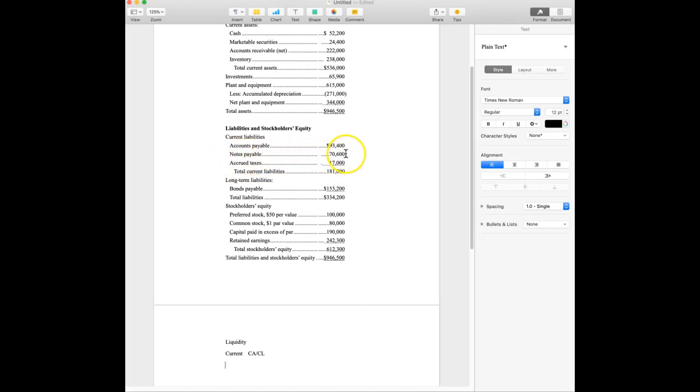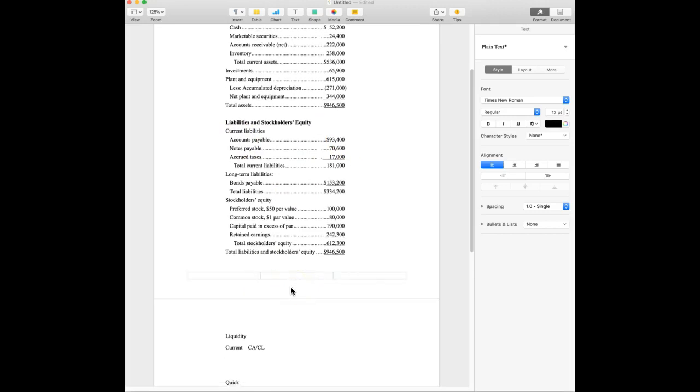Notes payable is kind of like a CD on the other side of things. This is you borrowing money for a short period of time, 90 days, something like that. And then accounts payable is basically credit, selling to your particular customers. All right, so that gives you the background, and so it's relatively easy because in both